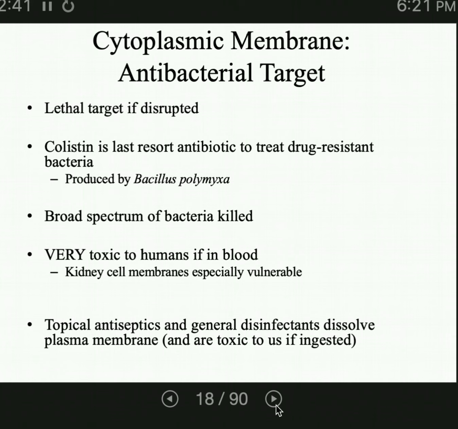So that's why you don't just drink bleach, right, when you have an infection. It's great at killing microbes. It's really, really good at it, but it's also going to destroy your esophagus and your stomach because it's going to destroy all the cells that make up those organs, right? So colistin is an antibiotic that people take as a last resort when they are infected by a drug-resistant bacteria. Good antibiotics